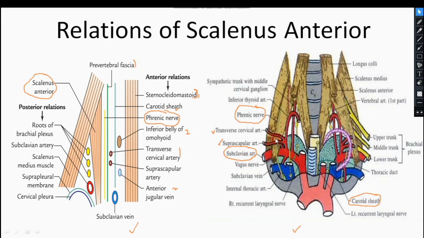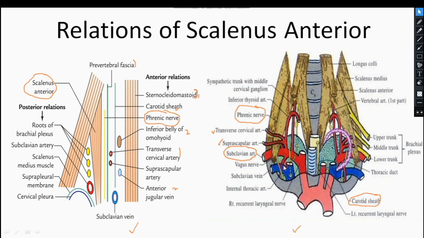These are the structures. Now the structure which is present above: we can see here the scalenus anterior, and here we can see a branch from the inferior thyroid artery running above. So this structure is present above, whereas here at the below